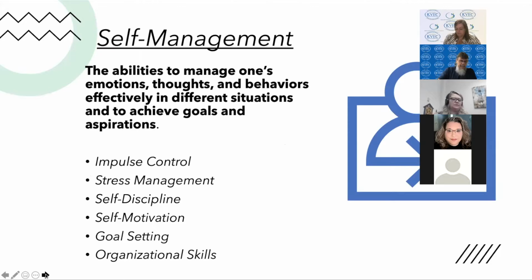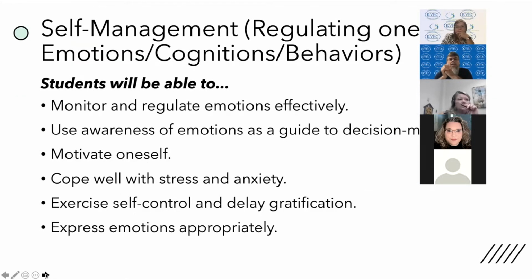Self-management is the ability to manage one's emotions, thoughts, and behaviors. Self-management looks at, of course, managing one's emotions. It looks like identifying and using stress management strategies, exhibiting self-discipline, self-motivation, setting personal and collective goals, and then using planning and organizational skills. So what the students should be able to do is monitor and regulate their emotions effectively, use awareness of emotions as a guide to decision making, be able to motivate themselves, and cope well with stress and